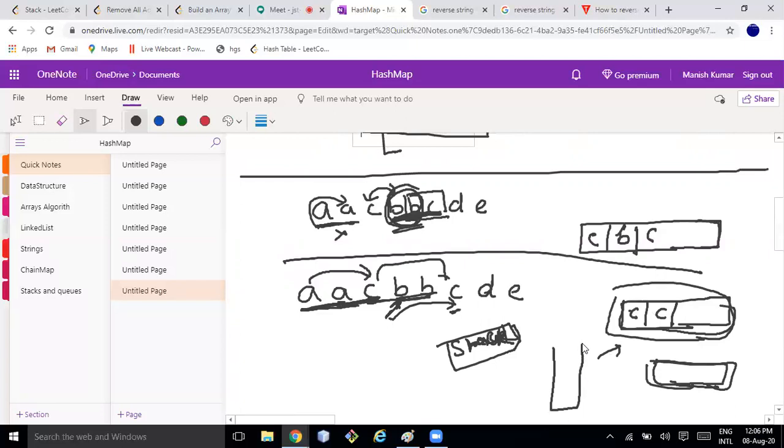So if a stack is there, then once CC is coming, while inserting the next C, you can check whether that C is already present or not. In case of an array also, you can check. Once you start pushing this C, you can check whether the previous is equal to C or not. If it is equal, then you have to delete it from here. That's the pain here. If you have to delete something from the array, it takes order of n complexity.